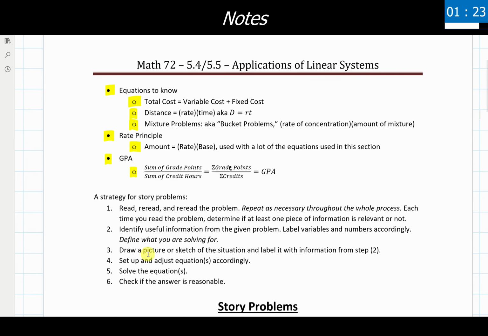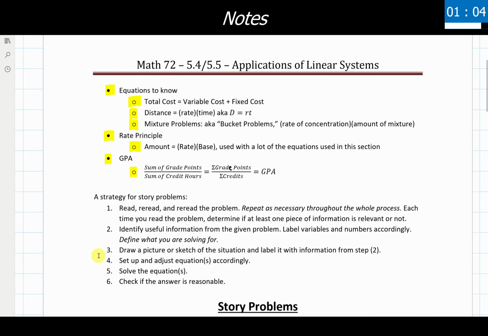I do think it can also be worthwhile to make a sketch or a picture or something to create a visual of the problem, or just something to organize the problem with. That could be a table, as we'll see with some of our other problems we've used in the past, so a table could work there.